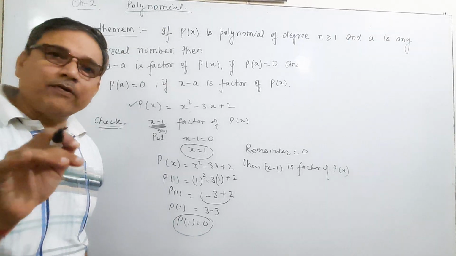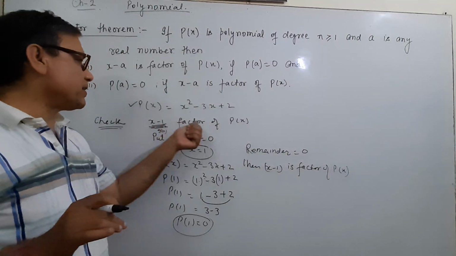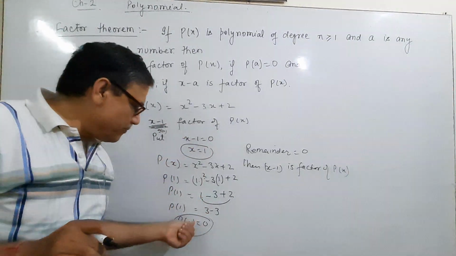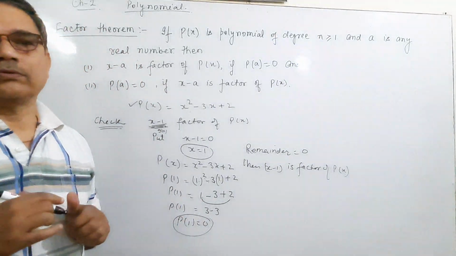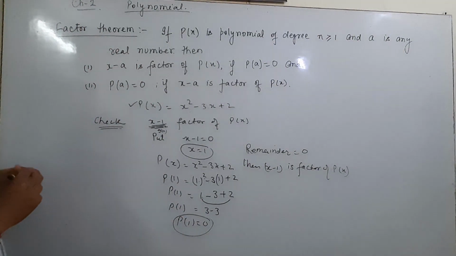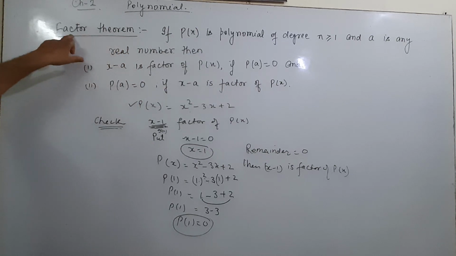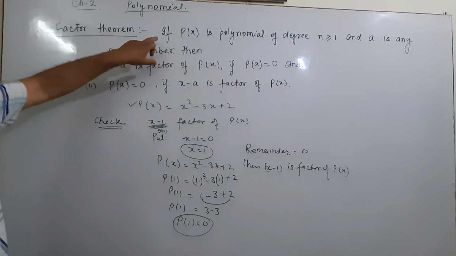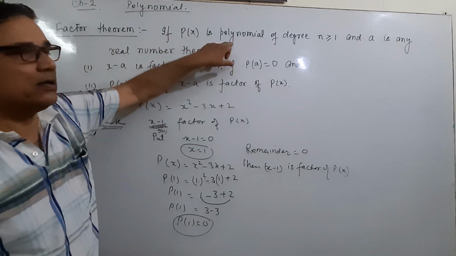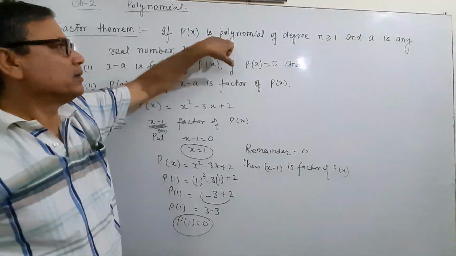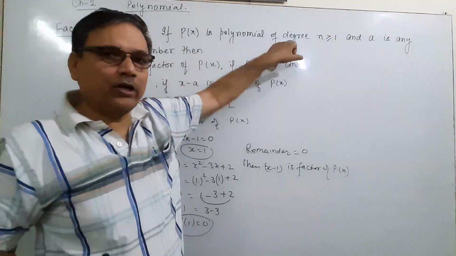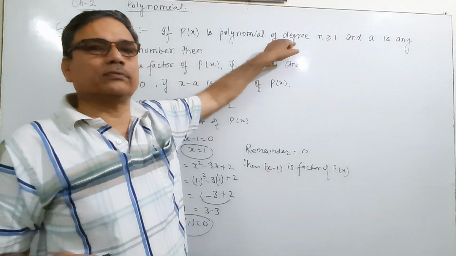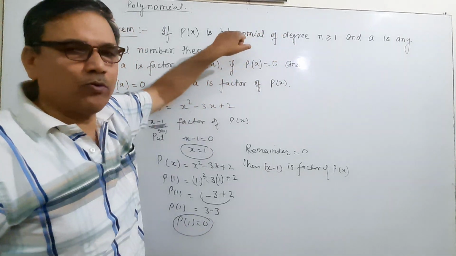But if it is given that x minus 1 is a factor of this one, then we will simply write that the remainder is 0. Now check it the same way. What is the Factor Theorem saying? p(x) is a polynomial of degree n. You know degree very well. What is degree? Tell me. And what is a polynomial?